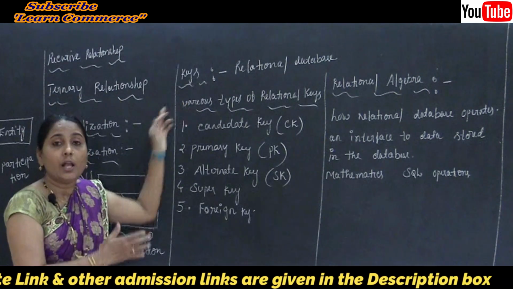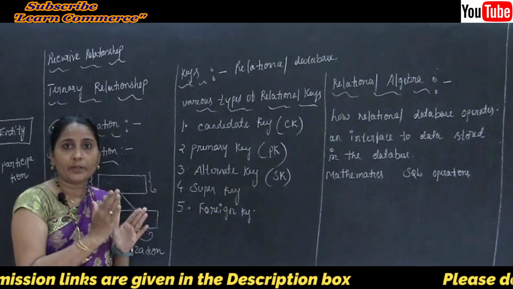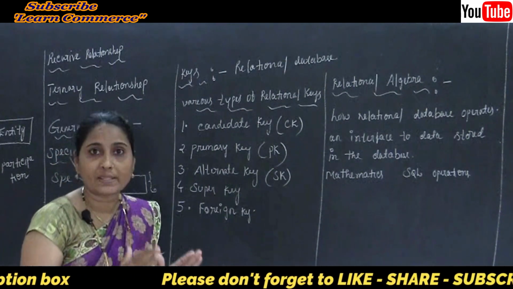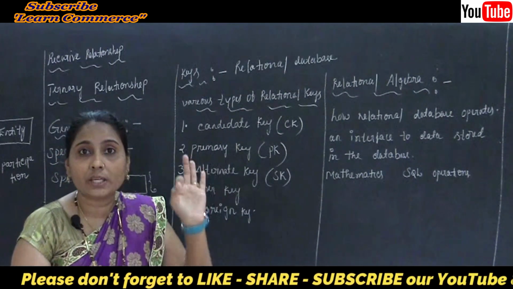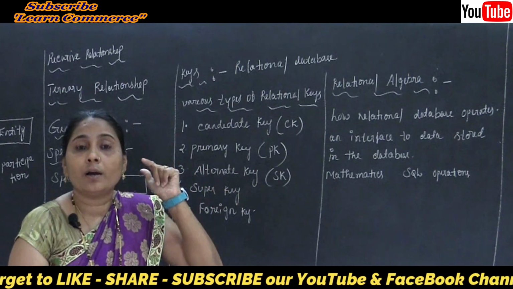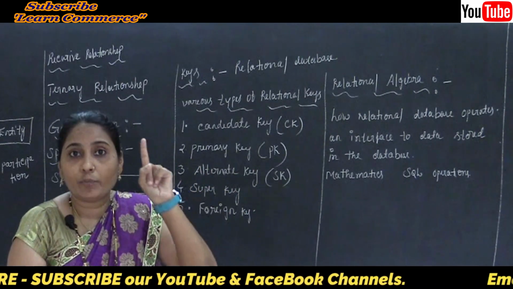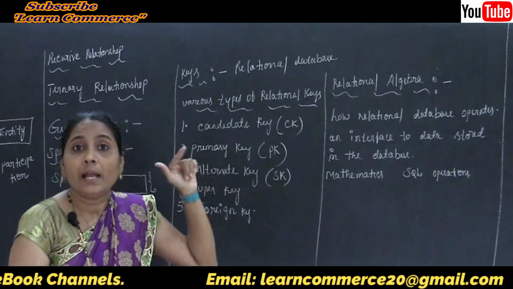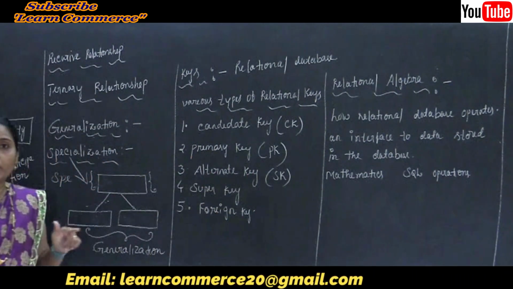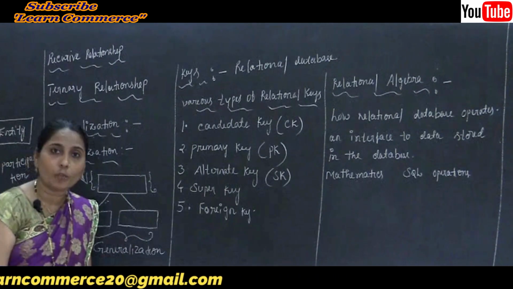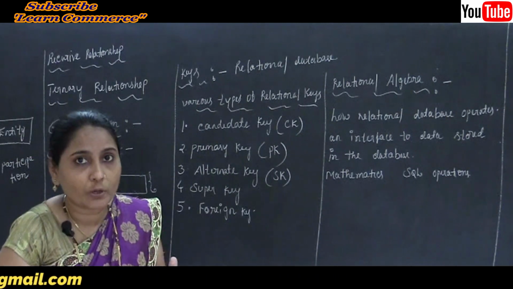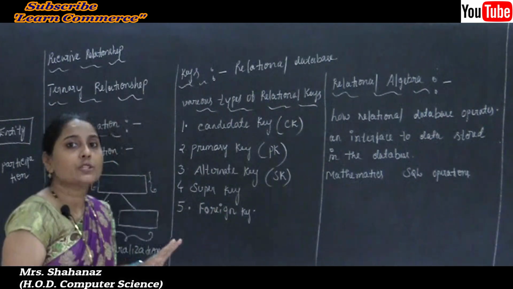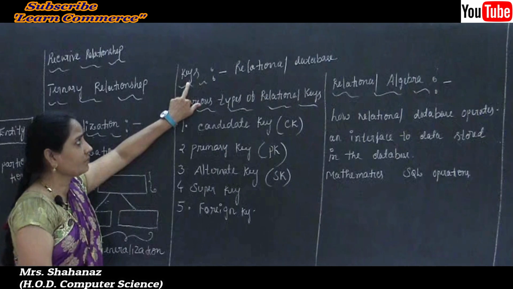Clear this point here. For whichever columns we use keys, we enter a value only once. It is not possible to repeat the same value again and again in such columns. So a key is a set of one or more columns whose combined values are unique among all occurrences in a given table. So this is the meaning of our keys.